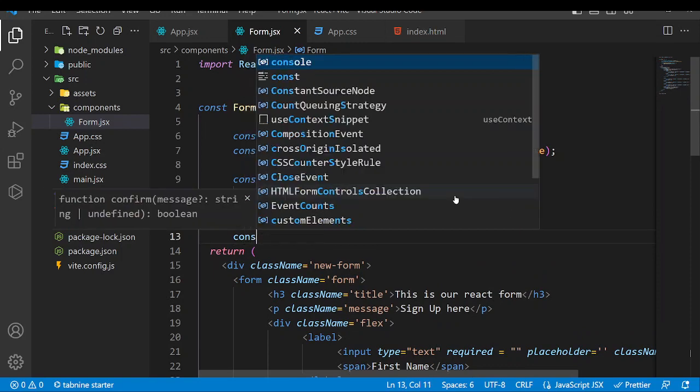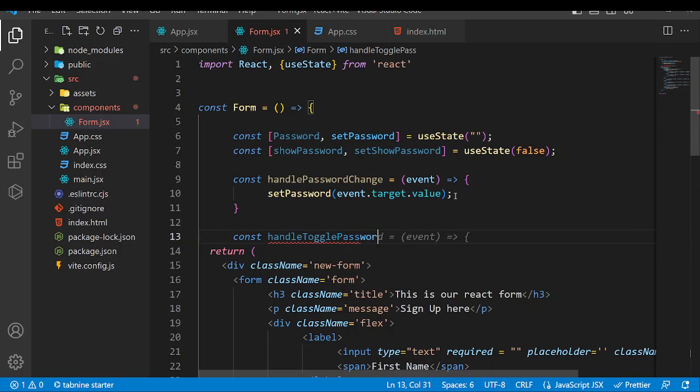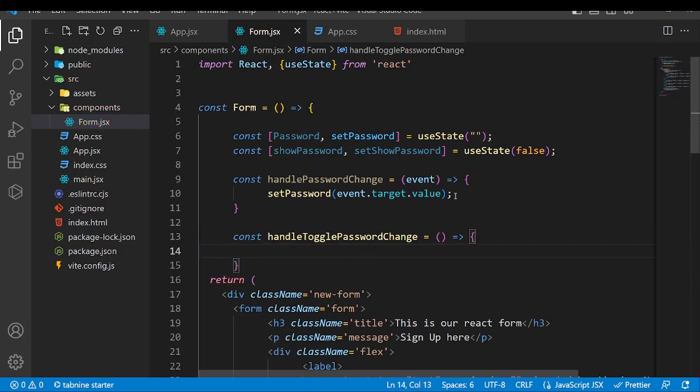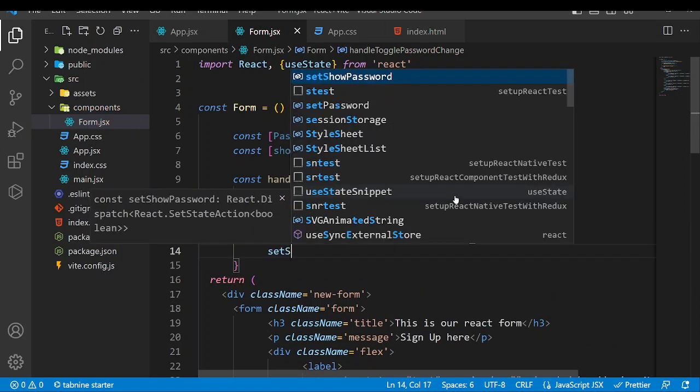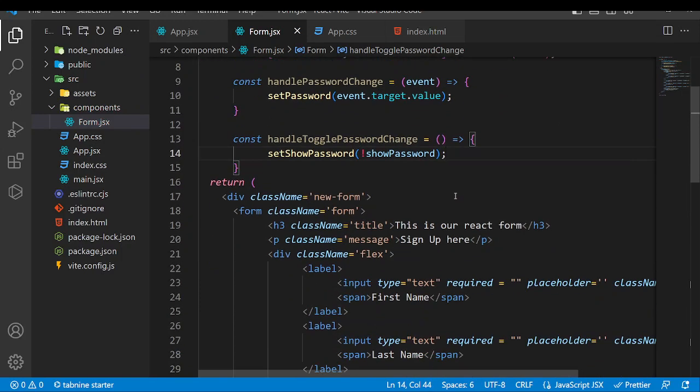Now the next one is const handle toggle password change is equal to an arrow function that says set show password is not equal to, is not show password. Okay,